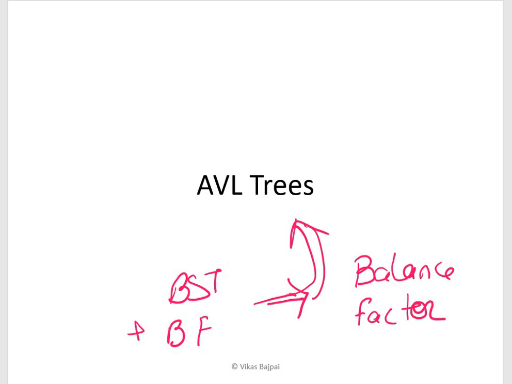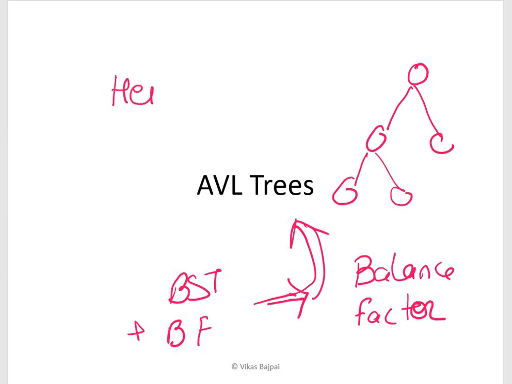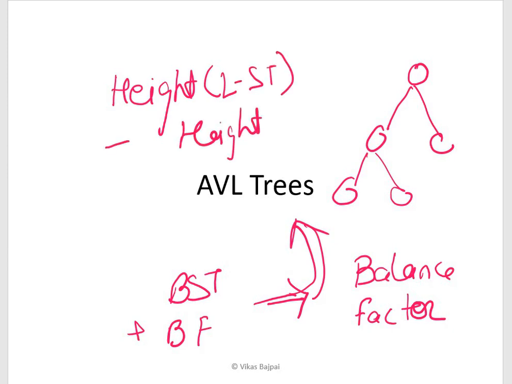And we also said that okay, there is something which is called your height balanced binary search tree. And then we looked into some examples where we were trying to identify the balance factor and how to calculate the balance factor with the formula, which is the height of my left subtree minus height of my right subtree, and based on that we were able to find some balance factor for all these nodes.